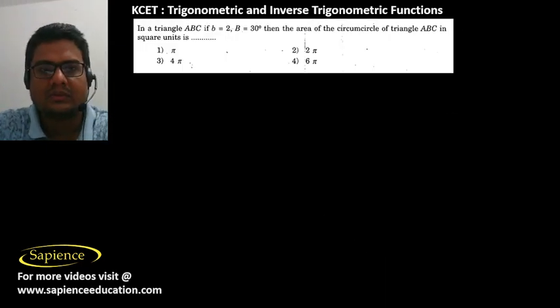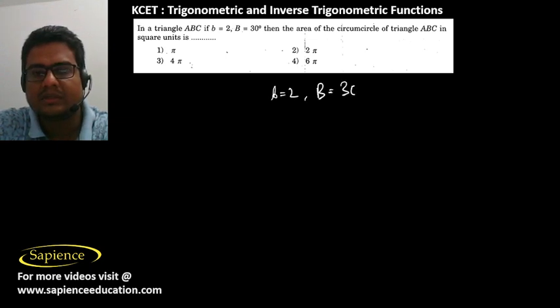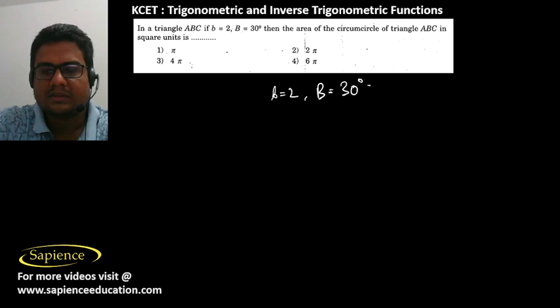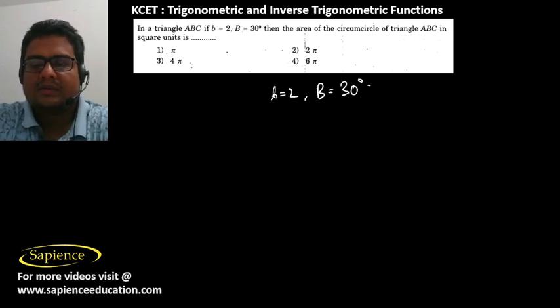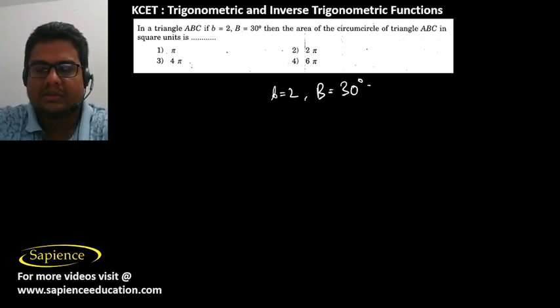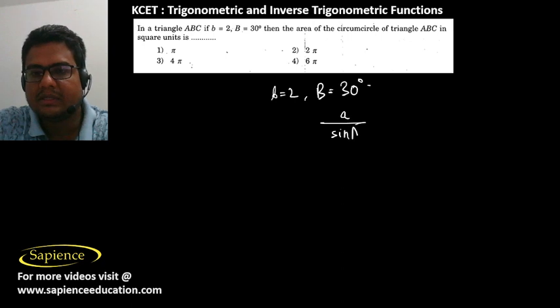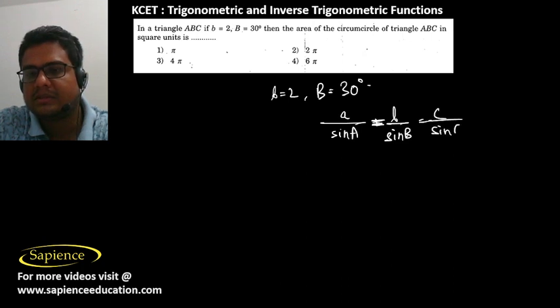Then here it is told that in a triangle ABC, if the side b is equal to 2 and angle B is 30 degree, then the area of the circumcircle of the triangle ABC, in square units, is. So we know that, according to the sine rule, a by sine A is equal to b by sine B is equal to c by sine C is equal to 2R, where R is the circumradius